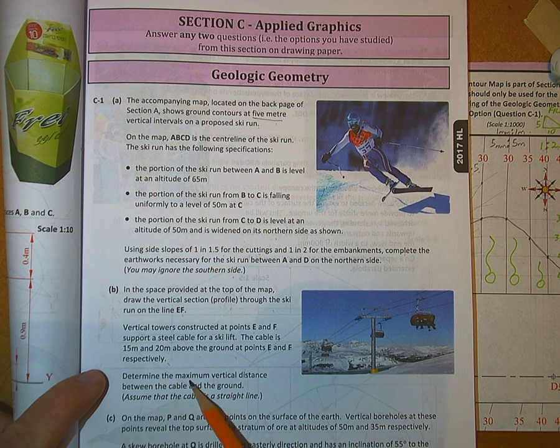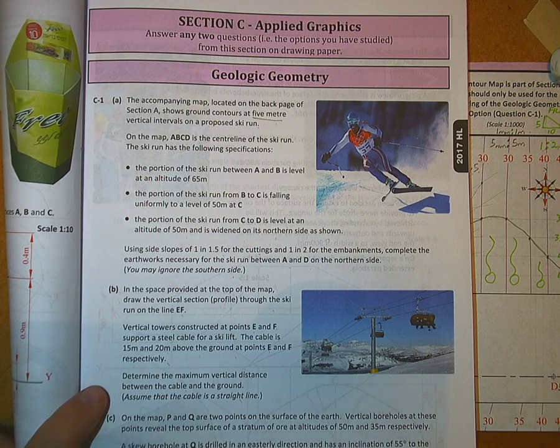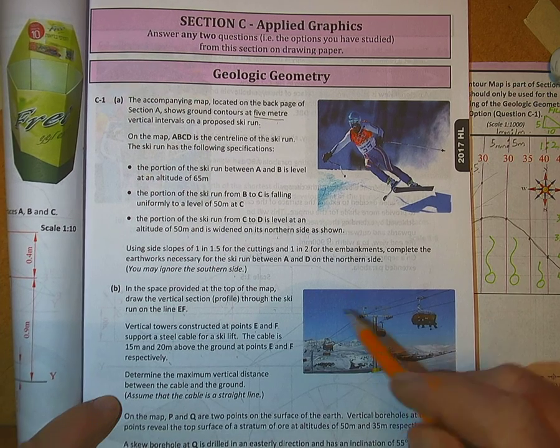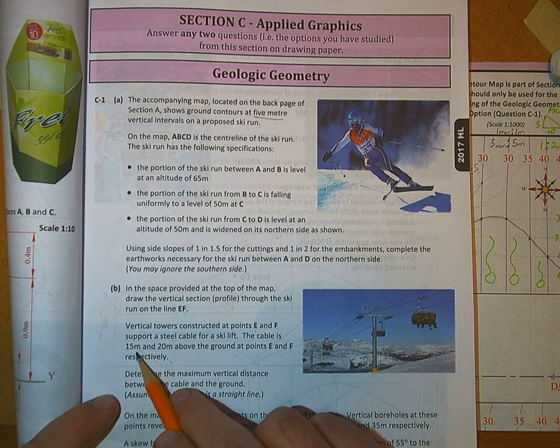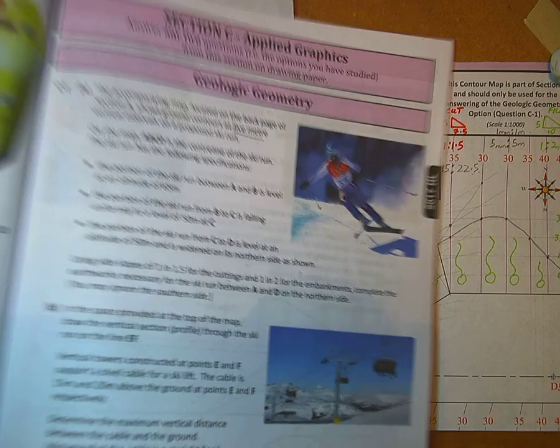Determine the maximum vertical distance between the cable and the ground. Assume that the cable is a straight line. So what they're saying there is assume that it's not sagging down or dipping down like a clothesline or something like that. So at E and F, that means at E it's at 15 meters and at F it's at 20 meters. So if we come back to our drawing here,